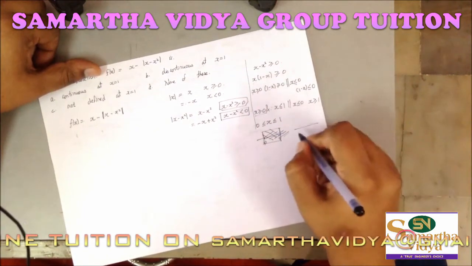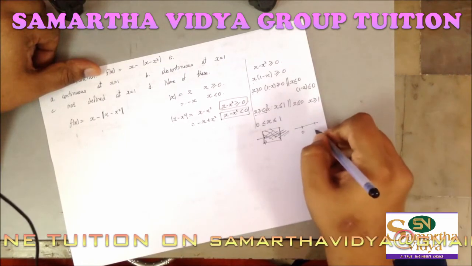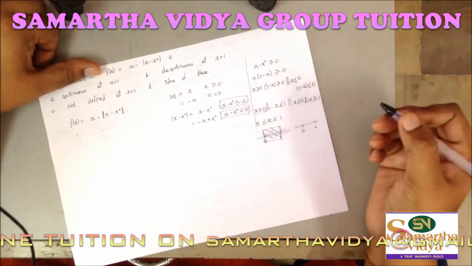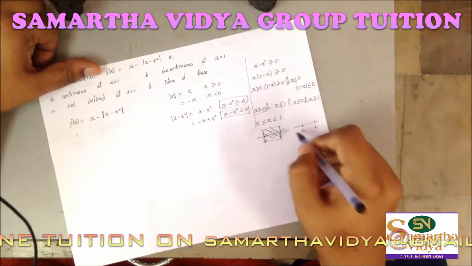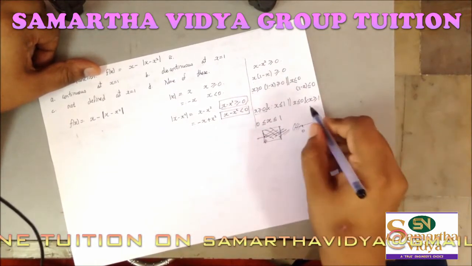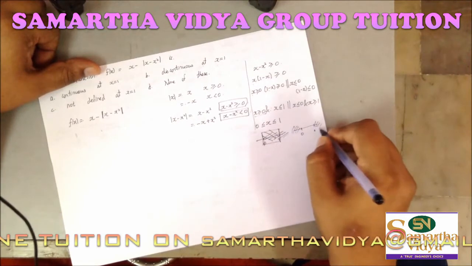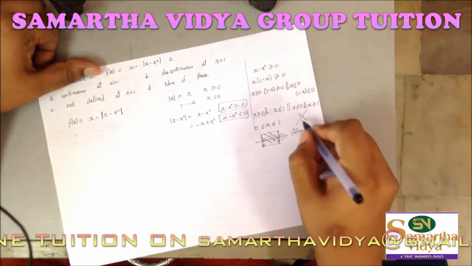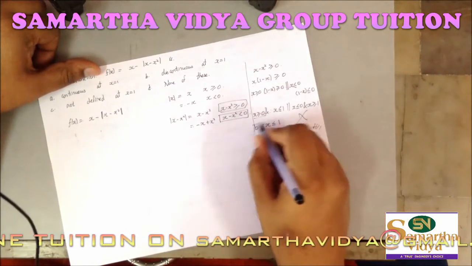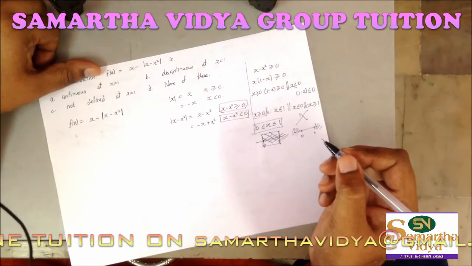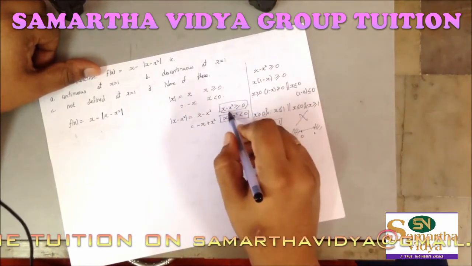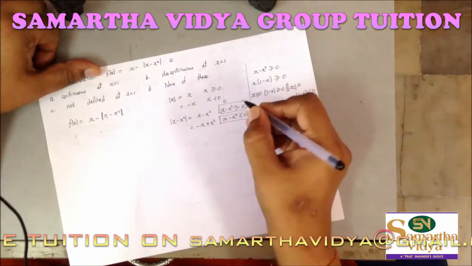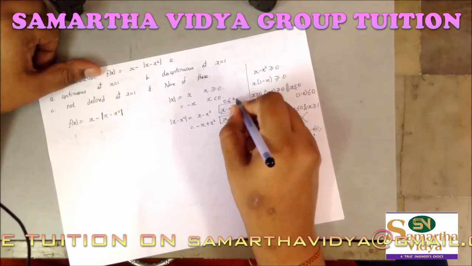Now if we just draw that thing on the number line, you have to understand that there is a gap in between these two. So x is less than 0 means this part, x is greater than 1 is this part. So there is no common region as such. So this condition is a false condition. So the only condition is this particular thing. So basically for x minus x square greater than 0, the condition is that x is between 0 and 1.